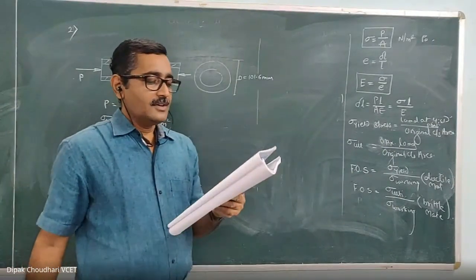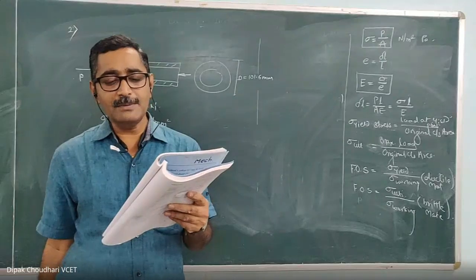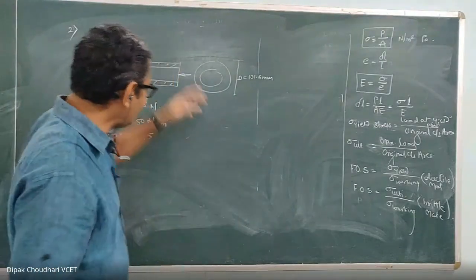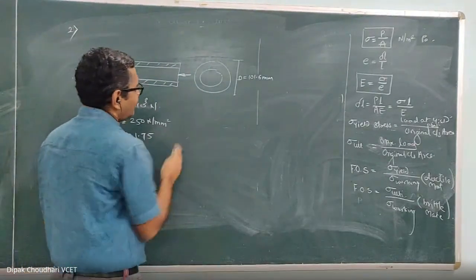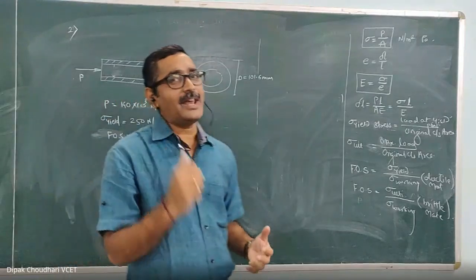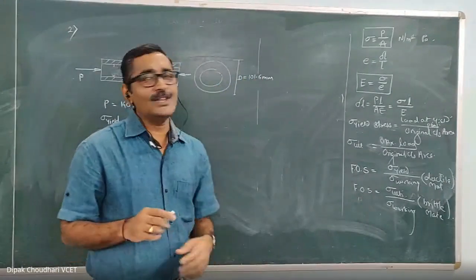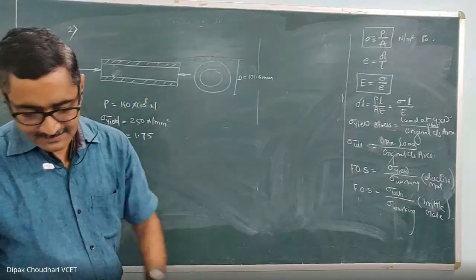The following 3 classes of tubes of external diameter 101.6 millimeter are available as shown in the figure. Which section do you recommend? For this particular situation, all the 3 different classes are available in the market. For all the 3 tubes, the external diameter is 101.6 millimeter only, but the thickness varies.